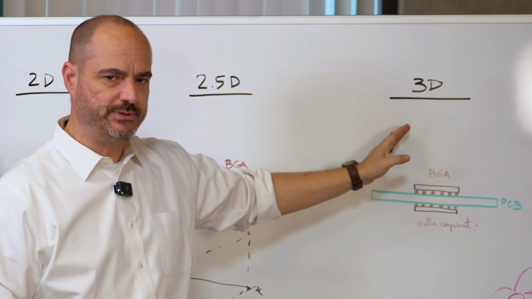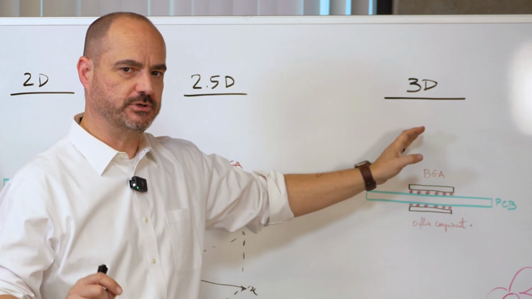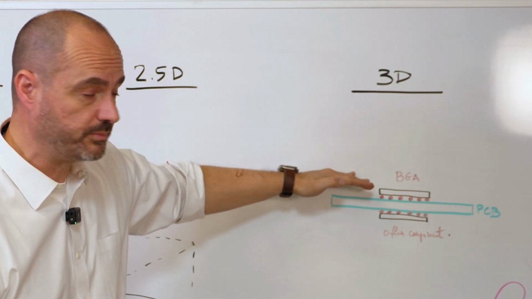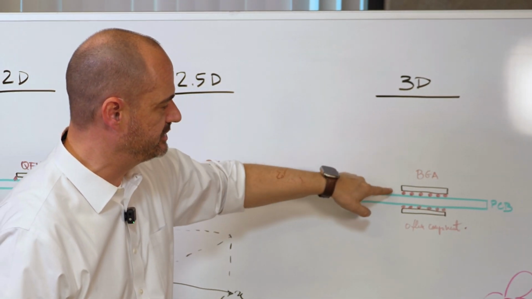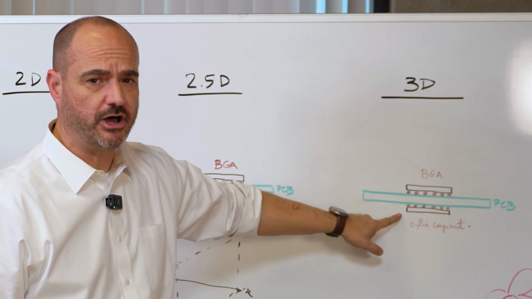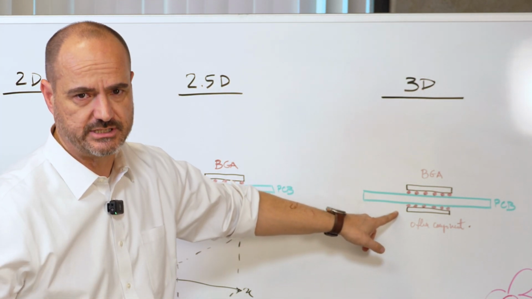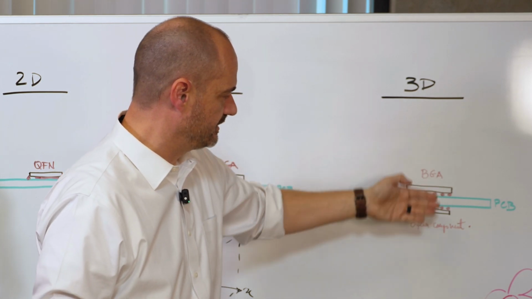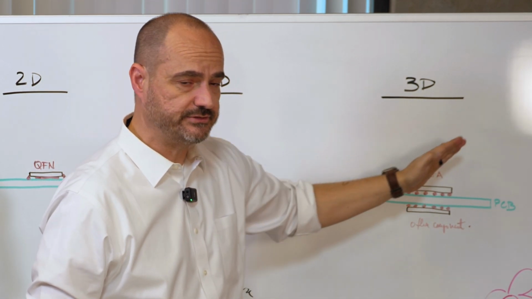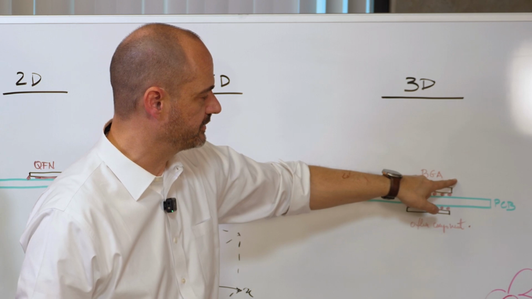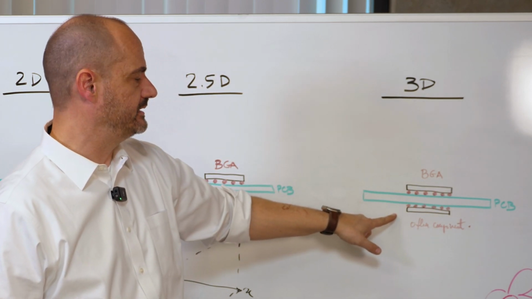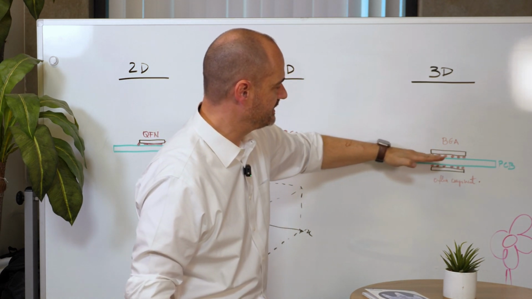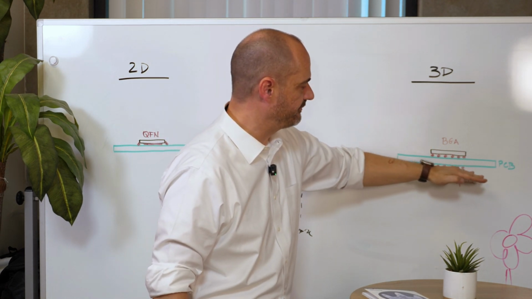Now, when is 3D the ideal inspection modality? That happens when you have objects, samples, or components on both sides of the board. In this example, I have a BGA on the top and another BGA on the bottom, but it could be a capacitor or resistor or any other component, right? Because in 2D you have a lot of interference, and also in 2.5D you're going to have shadowing between the component on the top and on the bottom of the PCB. So in this case, 3D is necessary to allow you to see the top layer separate from the